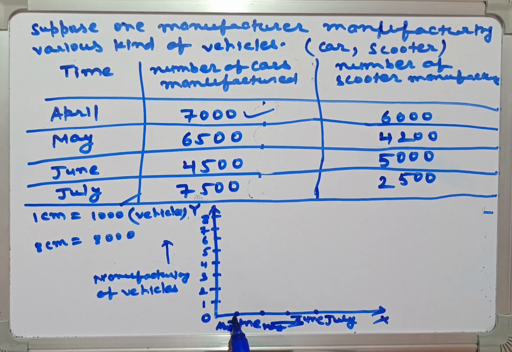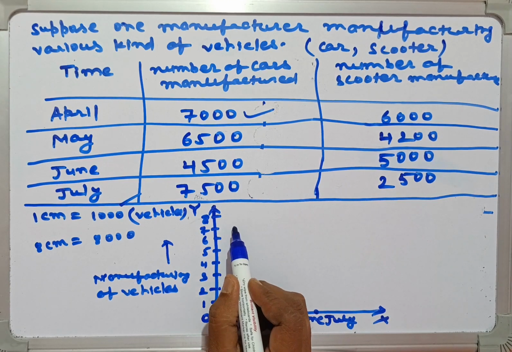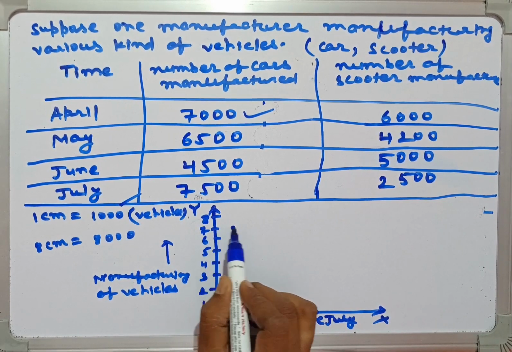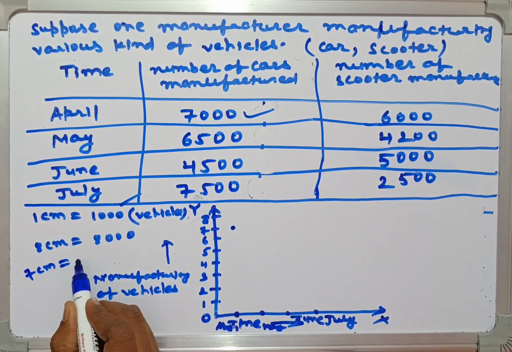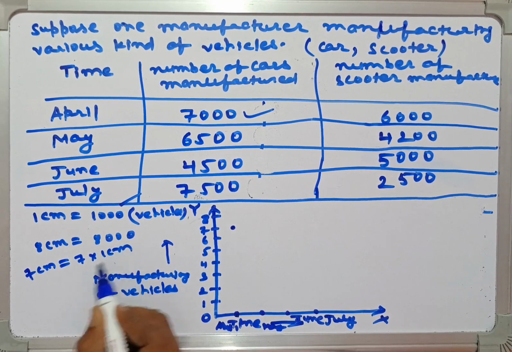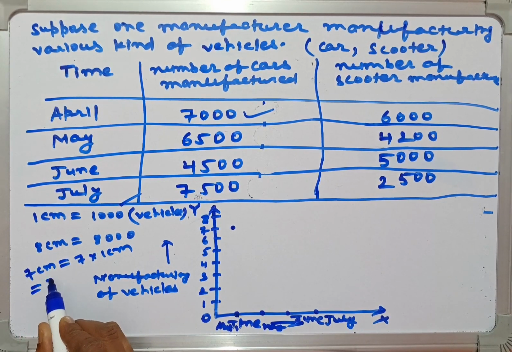See guys, this one point is April. So in month of April, the manufacturer manufactured 7,000 cars. Okay, so this one is a time. Now you have to go in up direction. Here see one point which is equivalent to 7,000. How? See 7 centimeter equal to 7 into 1 centimeter, or if you write here 7 into 1000,